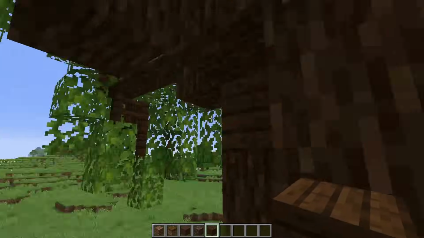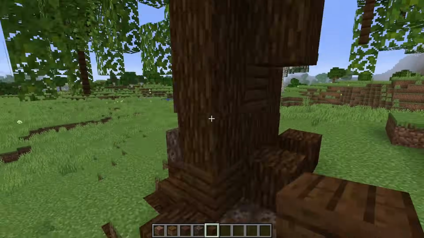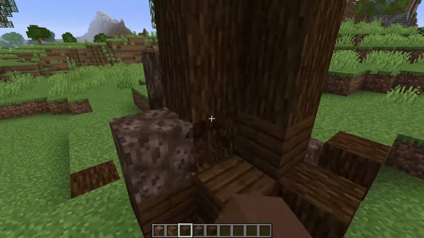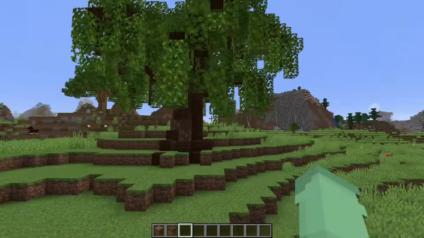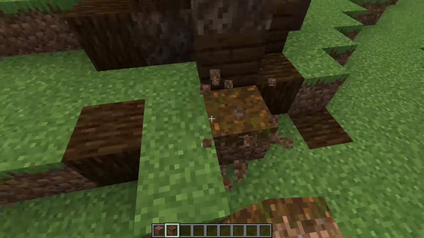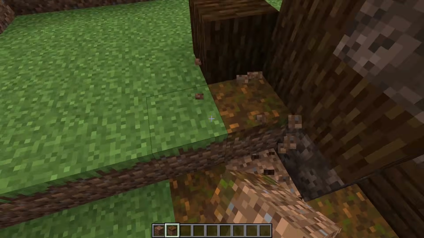Even though it is a smaller tree, I still think this adds a very nice effect. Let's get that all throughout. And then we can kind of smooth things out in a couple of areas with this terracotta. There we go. I'm fairly happy with that. So now what I'm going to do is go along on the ground and add a little bit more variation to the ground as well.